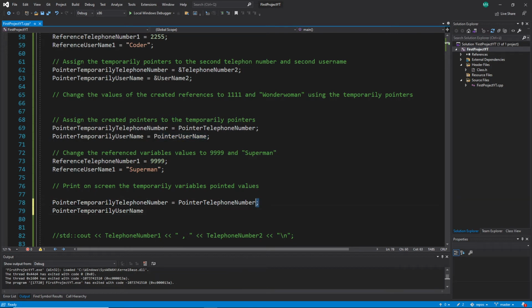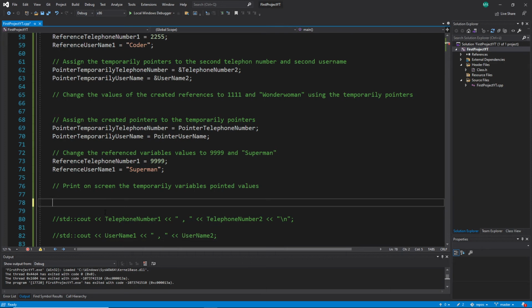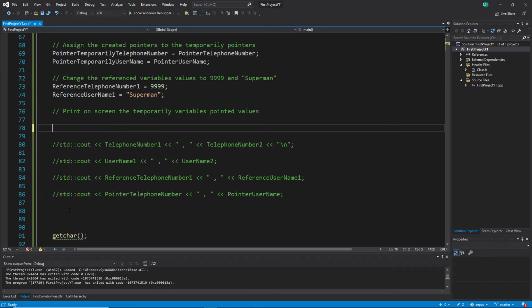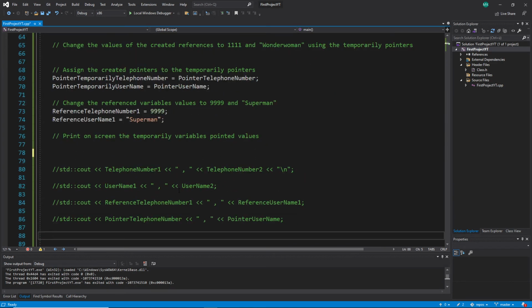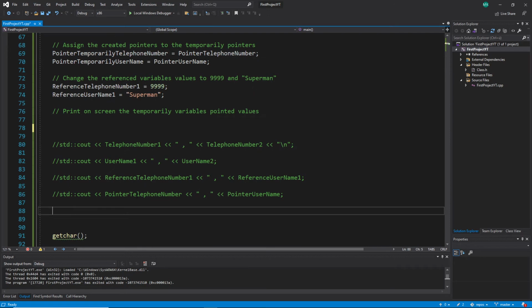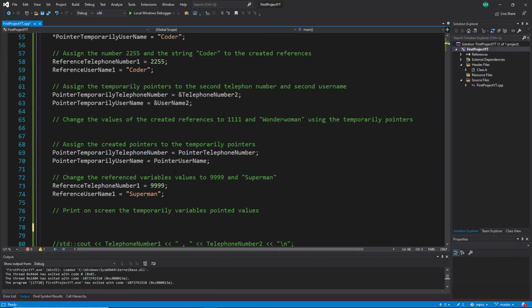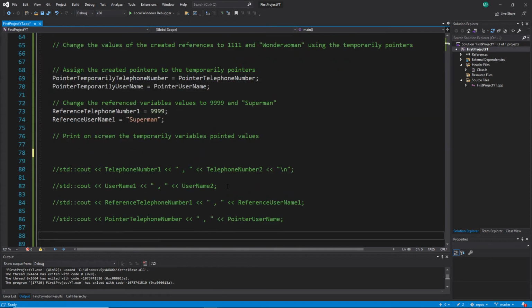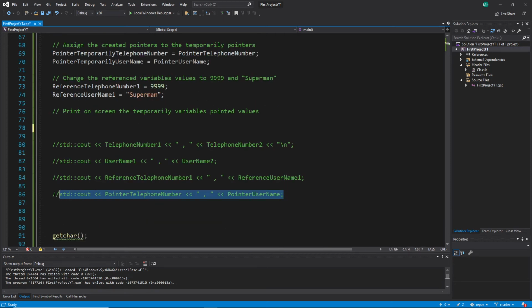But the problem is here it says print out, which means I have to use them. All right, then we don't start with this. Then we start with a std::cout. And this pointer temporary values, right? And we have this already here. Pointer telephone number, no. Have I not this one already? All right, I have not. So I have to write them. No. Copy, paste,